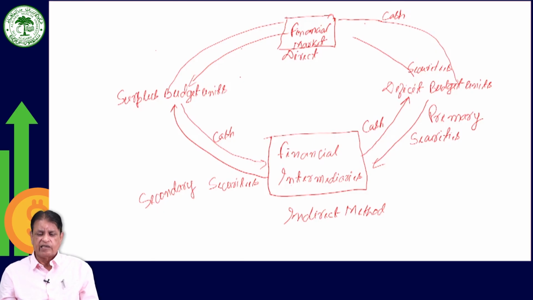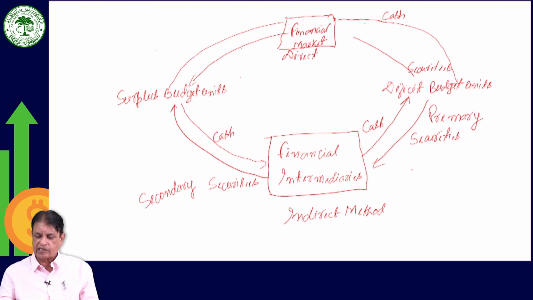And in this system, there are a number of constituents, a number of components, and a number of entities who operate in this system either as a facilitator or as a middleman. The constituents of the financial system are financial markets, financial intermediaries, and certain instruments. These instruments are securities which facilitate the transfer of funds from the surplus budget unit to the deficit budget unit, and we call them financial instruments.